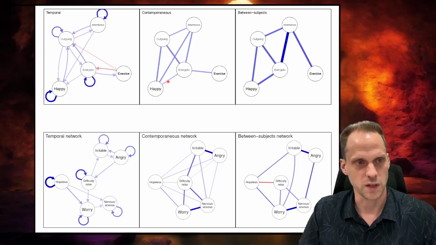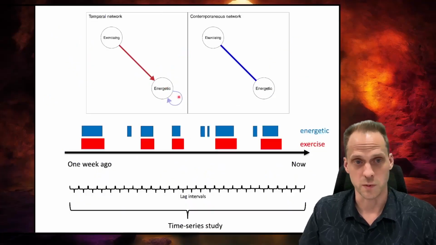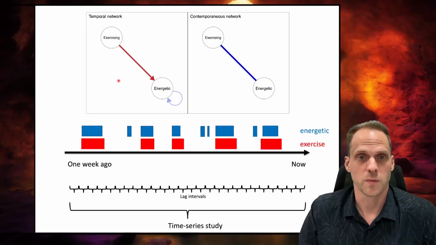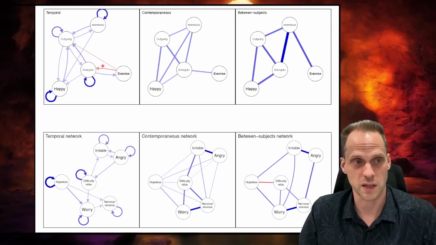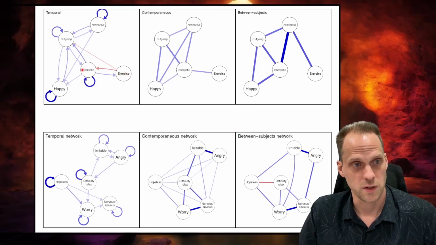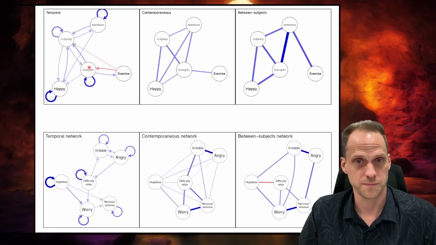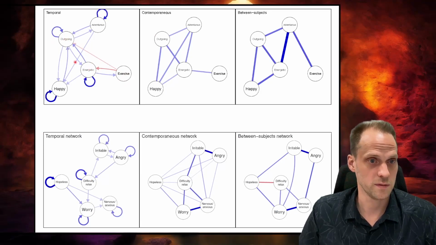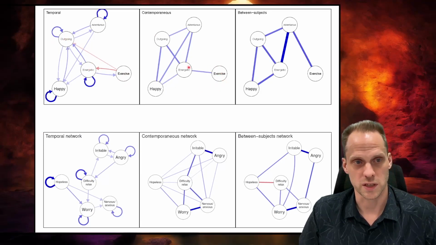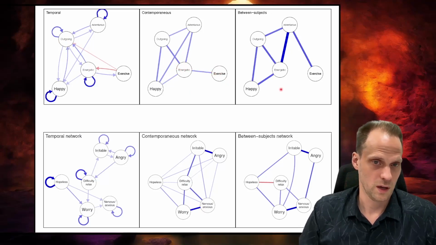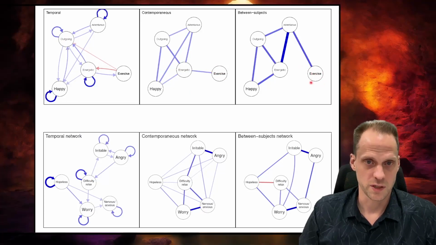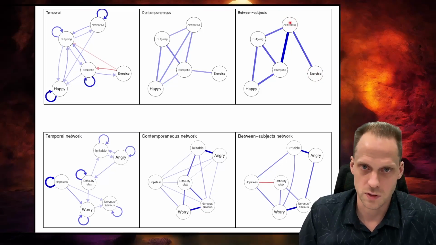Right, so for example here, I found this interesting because this was just a random idea I had, a hypothetical network, but in the data I actually found this relationship exactly like that. So exercise led to being less energetic 3 hours later and being less outgoing 3 hours later. But while the person was exercising, that person was more energetic. And at the between person level here, this means that a person that's on average exercising a lot, on average is more adventurous, which I thought was interesting.